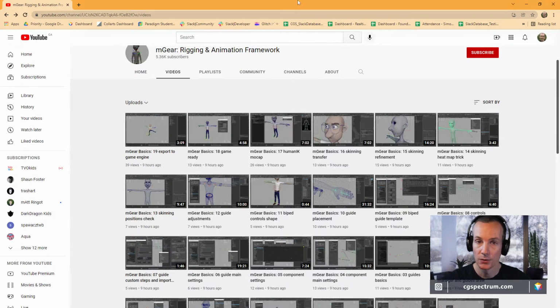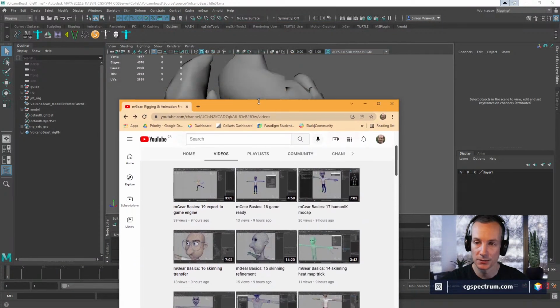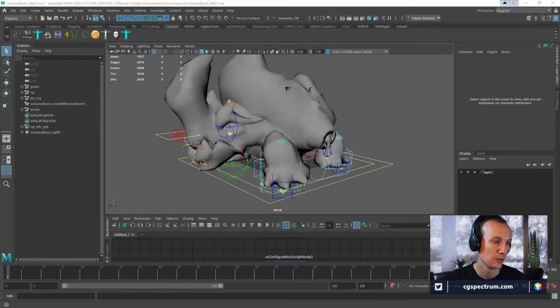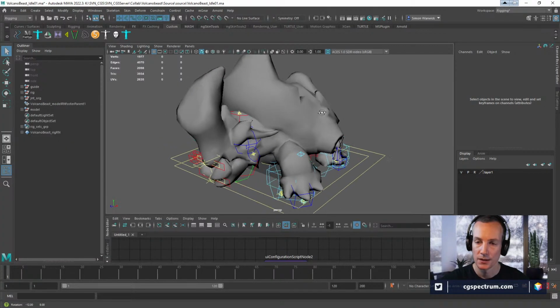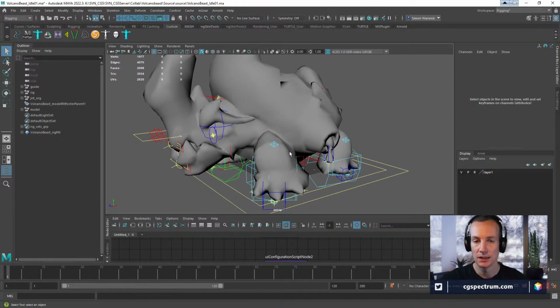But I really like this tool set for solving something that's pretty big about Maya: getting a good rigging solution that works with game engines and is robust enough to handle something other than just bipeds.